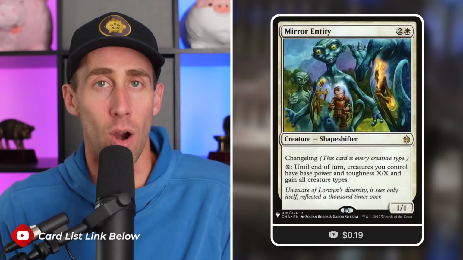Also a very good thing, kind of like I mentioned earlier, or I should say alluded to: Mirror Entity. Pay X; until end of turn, creatures you control have base power and toughness X/X and gain all creature types, meaning that they're all Spawns and Scions. So for whatever creatures you have in the deck that aren't Spawns or Scions, like a lot of Eldrazi miscellaneous ones that make Spawns and Scions, now all of a sudden they are Spawns and Scions. And because of that, they get the benefits from your commander, and your commander can make them absolutely, well, massive with the experience counters, but who cares about that,